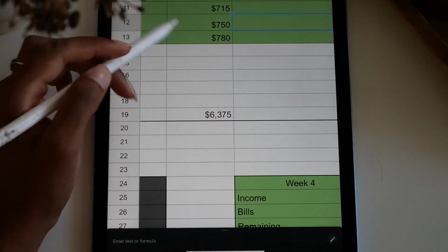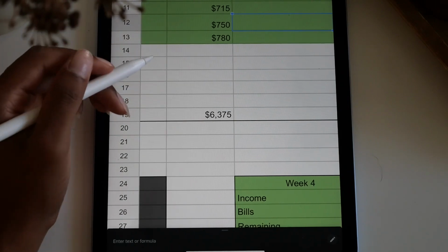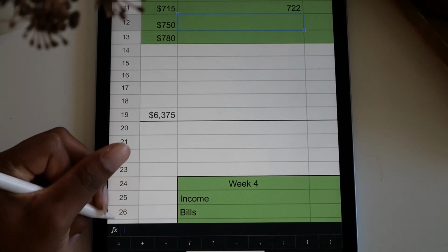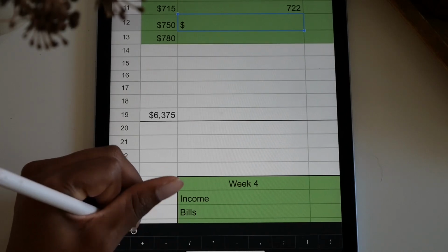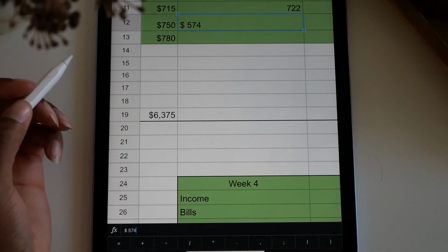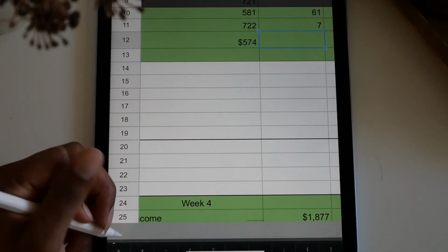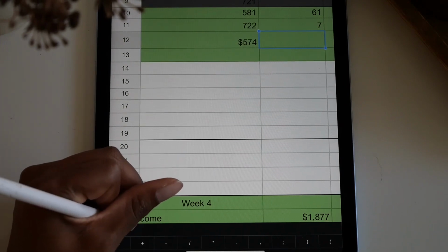The next job, we expected to make $750. And y'all, this is my job, and this is why it's so important to have an expected column, because you know what you should expect. They only paid me $574, which is obviously way less than I expected, and I think they're actually underpaying me. So that's something I'm gonna have to bring up to them, but I'm really grateful I do this. So that is a negative difference of